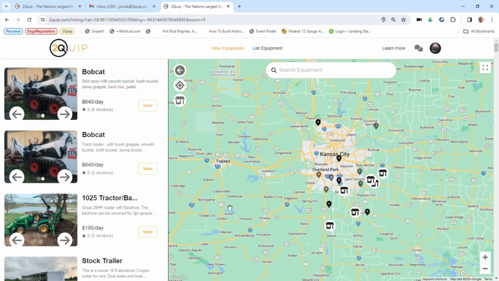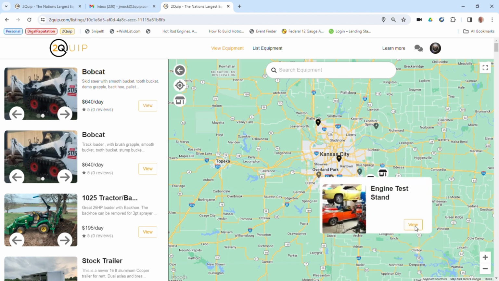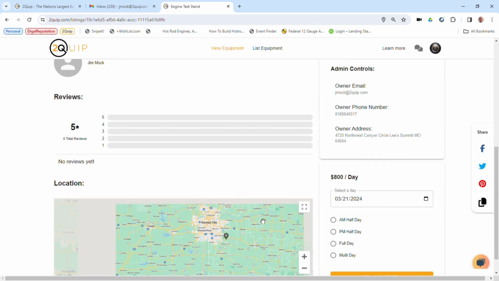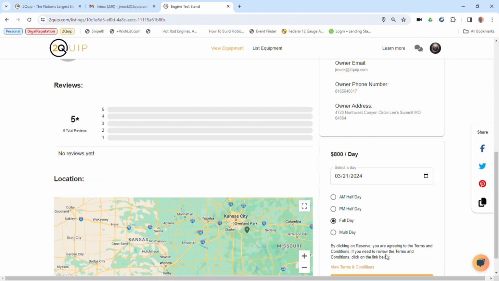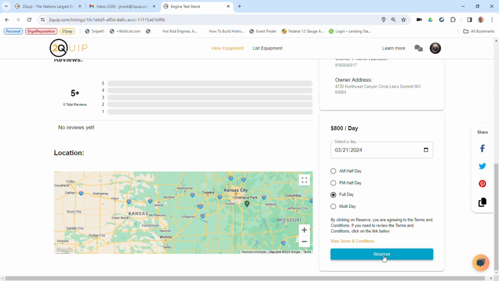On this screen, I'm going to pretend I'm a renter. I have an email for the owner on this tab, and on this tab, I have the owner's view. So this is the point of view of the renter. I'm going to select the item that I want. I'm going to move pretty quickly through this because it takes a little bit of time. Select full day, check availability, submit a reservation request,